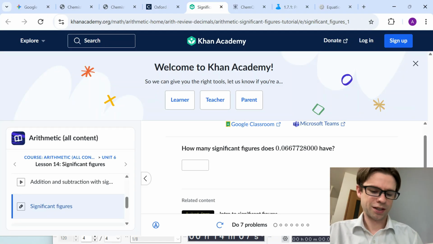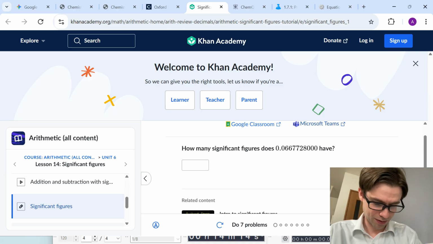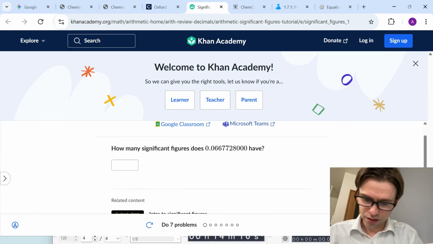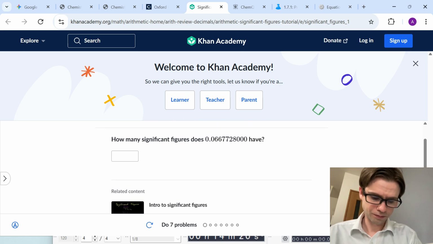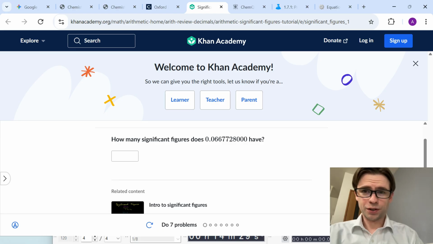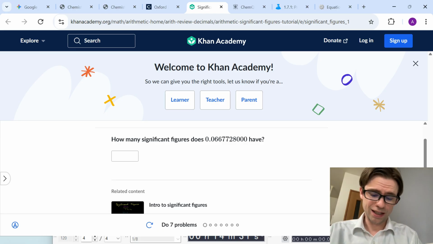Alright, I think this is where my link sent me: khanacademy.org/math, into significant figures. So maybe we can do some little quizzes here, practice questions. How many significant figures does 0.066772800 have? Alright, so the first part of the rule, leading zeros are never significant, so we ignore those first